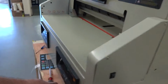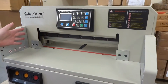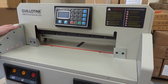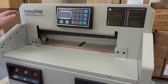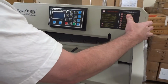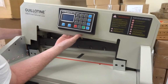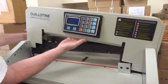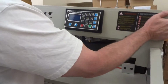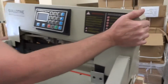Okay, once that's done, you can lift this crown up. There's a data wire in here, and depending on when you purchased your cutter, if you purchased your cutter before mid-2015, you probably have the data wire where you have to lift this up just a few inches, have somebody lift it up for you a few inches, and you just reach in there and unplug the data wire from the back of this digital display. You can feel it there when you're doing it. You can just unplug it. You can go from the back and try to unplug it if you can see it there. But basically you're only going to be able to lift up a few inches like that, and then somebody else can go from the back behind there,